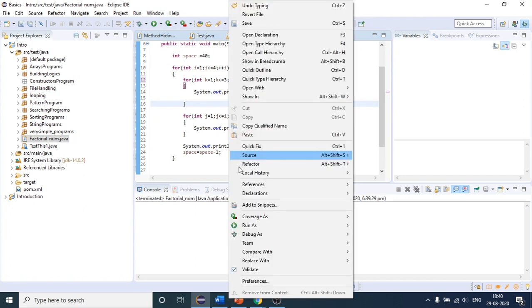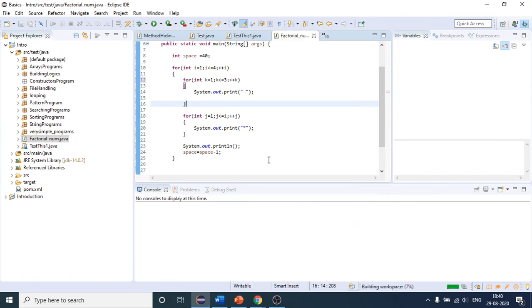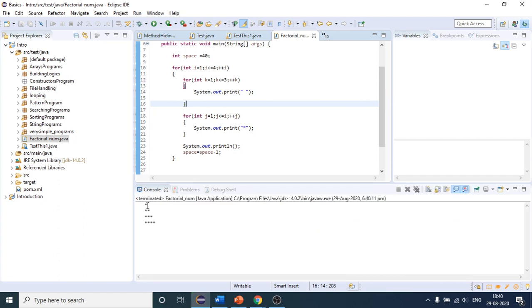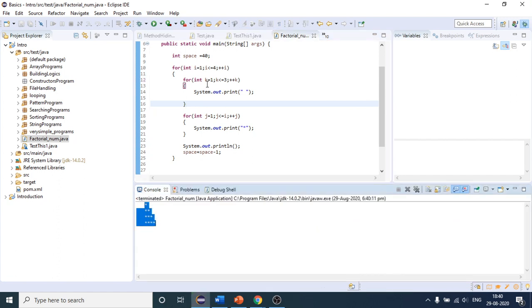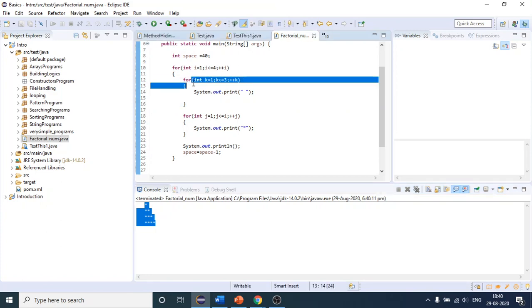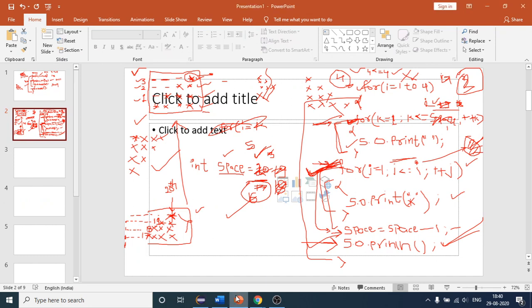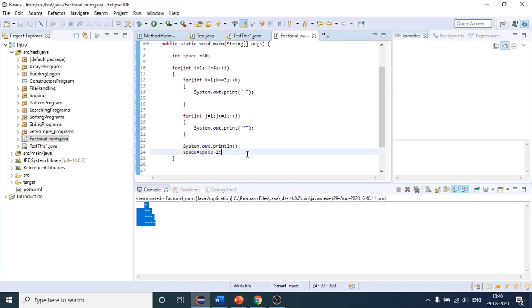See, I am very sure that you will not get the desired output according to me. See, it has printed this because you are fixing this value. Every time you are taking 3 spaces, but as per this, as you can see here. Okay, you are saying that I should do this, right?